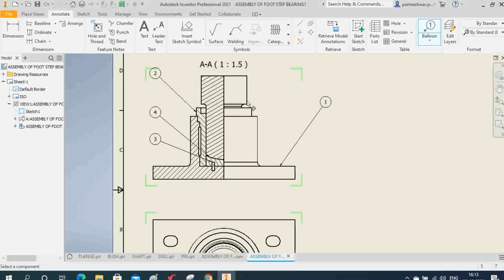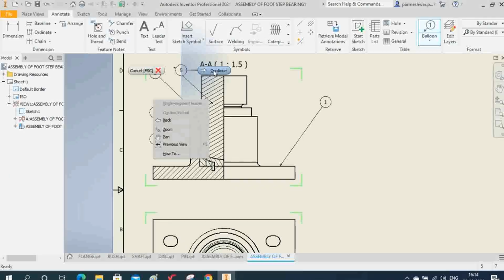Okay, and what is last? This one is the shaft, right. Same, put here, select balloon, balloon, so this is the shaft, right click, continue.